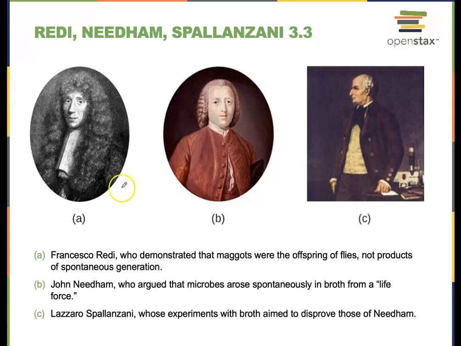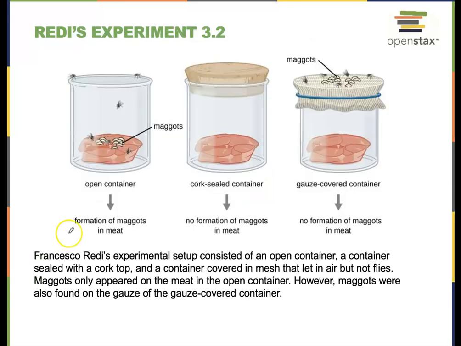These guys, Redi, Needham, and Spallanzani, you want to know what they did. We did cover Redi already, but we'll go over this again. So Redi's experiment, he wanted to disprove spontaneous generation. He didn't think it was correct. So we know that Redi and red meat, right? He had a container of meat open to the air, and flies came in and made maggots. He had a sealed jar where no maggots formed, and then he has a gauze covered jar where air, remember,